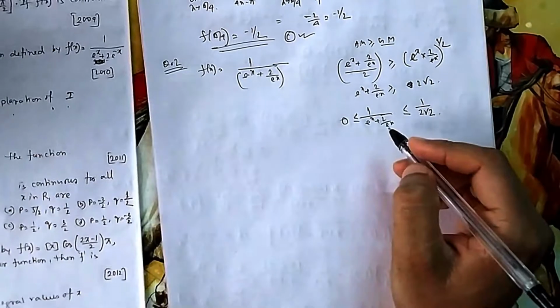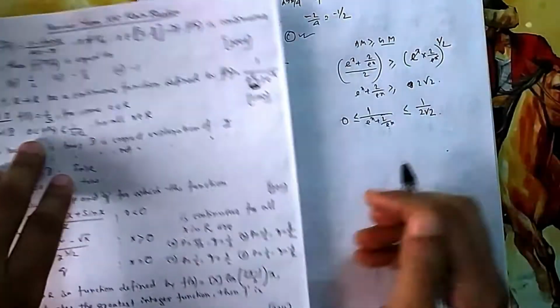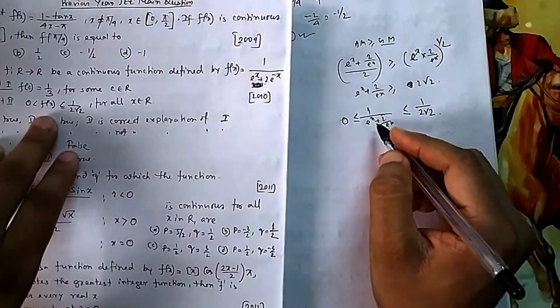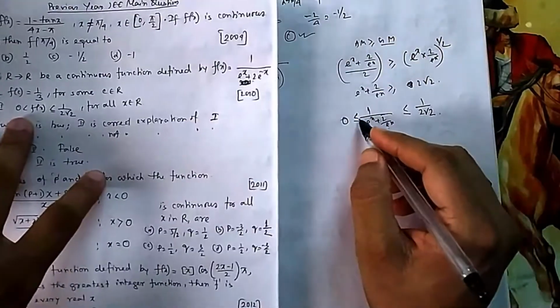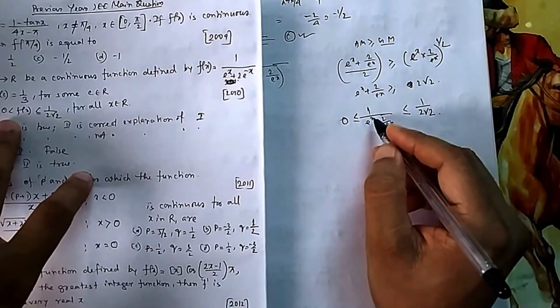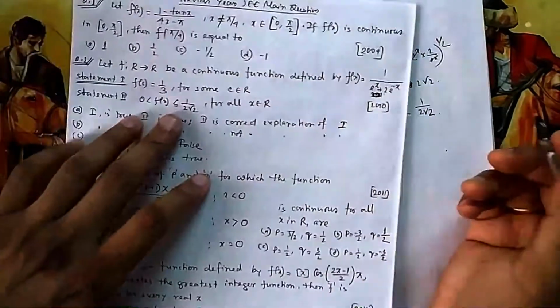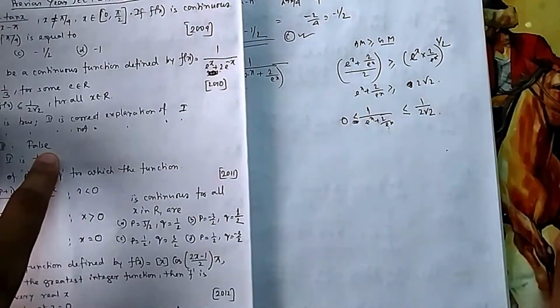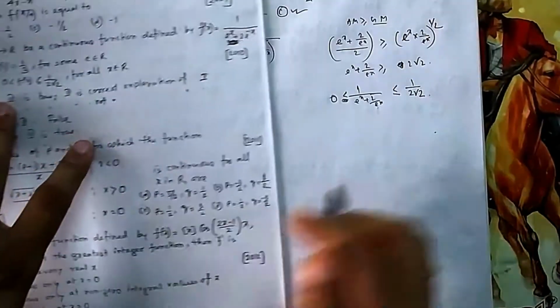So you can see this one, and it cannot be 0, because e to the power x is never 0. I am not considering that for x belonging to any real number, it will never go to 0. It will go to 0 only if you take infinity, which is not a real number, that is not in your domain. So that's why the range is 0 to this much. So you can say statement 2 is correct.